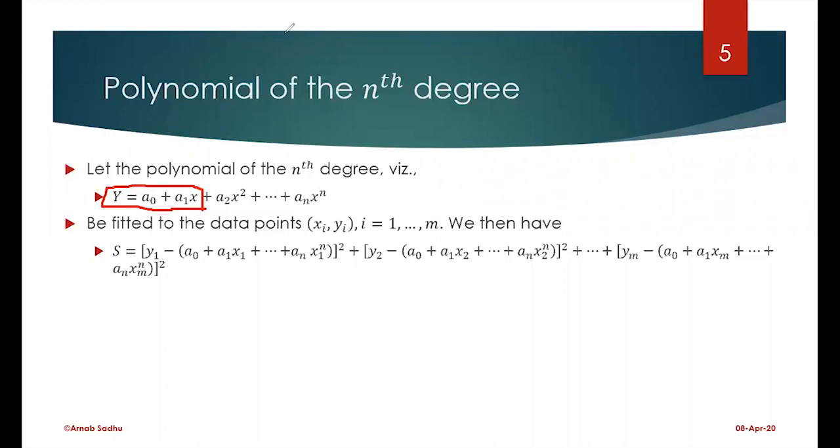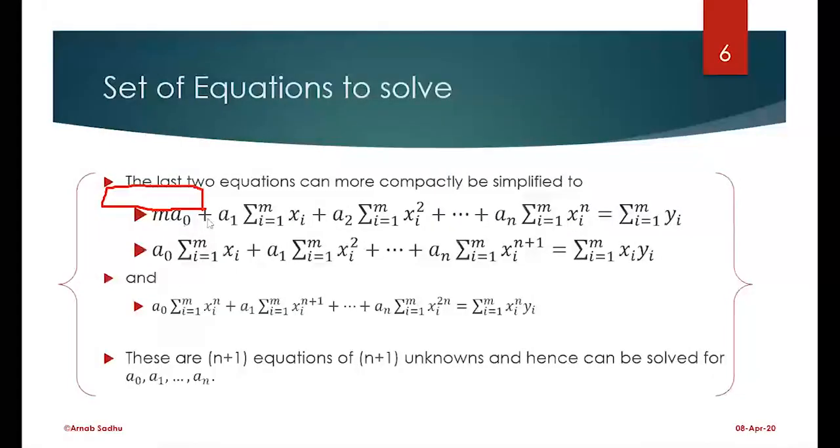So obviously the equations will change. The simplified equation will change. Here it starts with m a0 like the earlier case, then a1 like the earlier case, but we will also have to add the other terms like a2 xi squared up to an xi to the power n is equal to